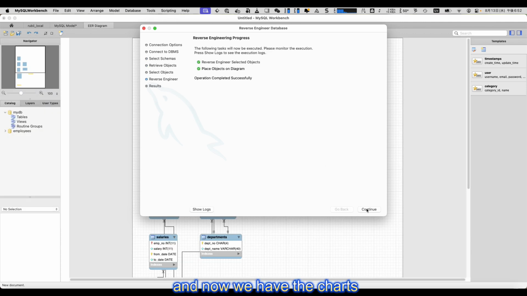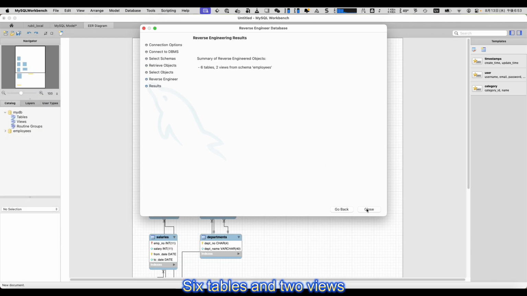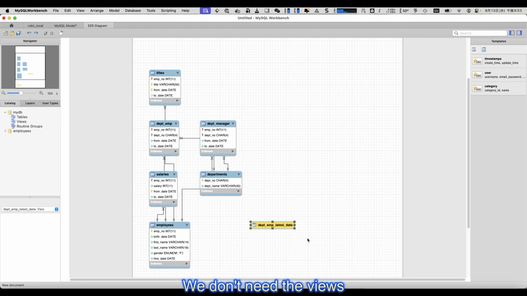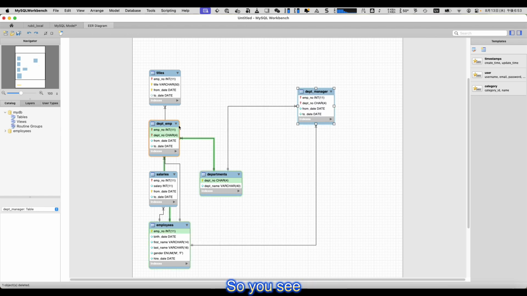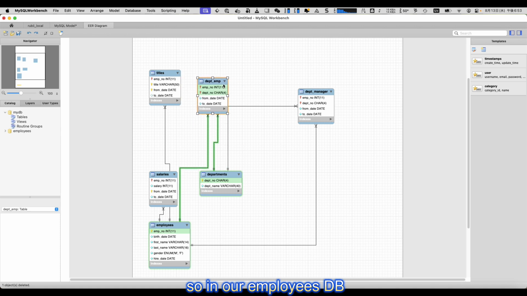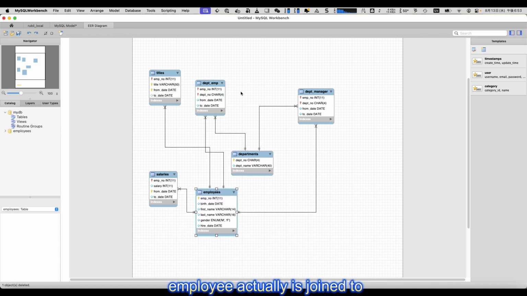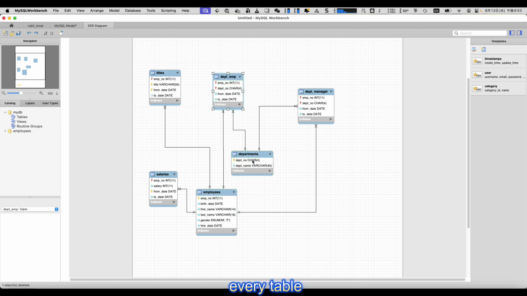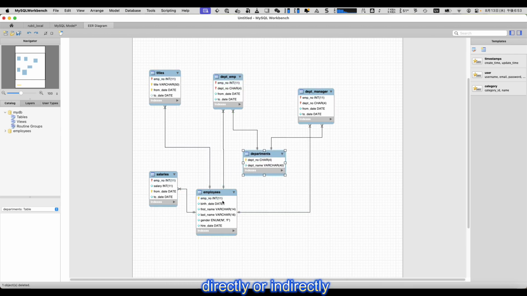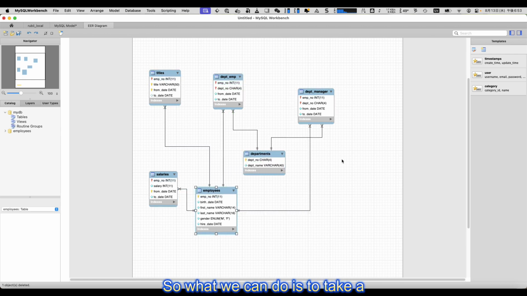Okay, and now we have the chart, 6 tables and 2 views. We don't need the views, we only need tables, so you can remove this one. So you see, in our employees DB, employee is actually joined to every table, directly or indirectly. So what we can do is take a snapshot of this graph and then come back to our Claude Code, and we can say